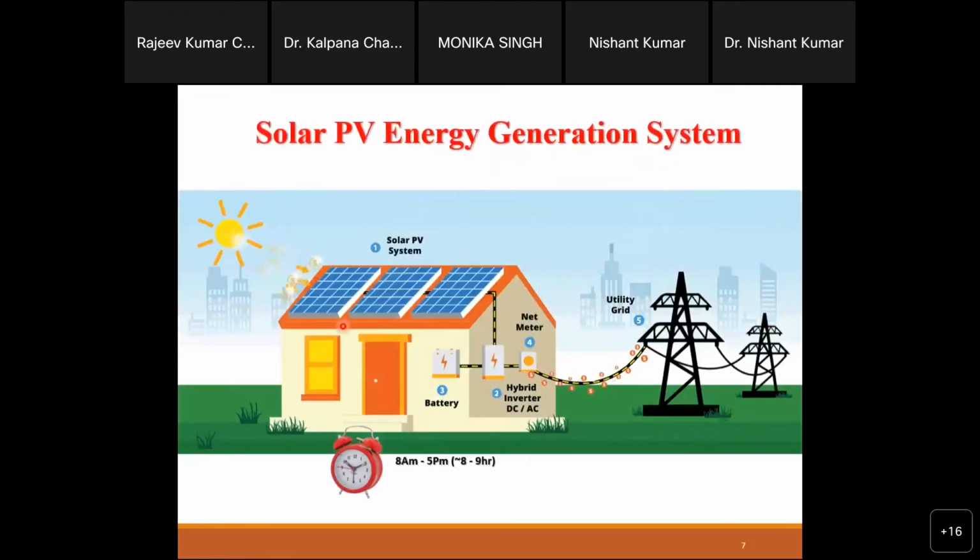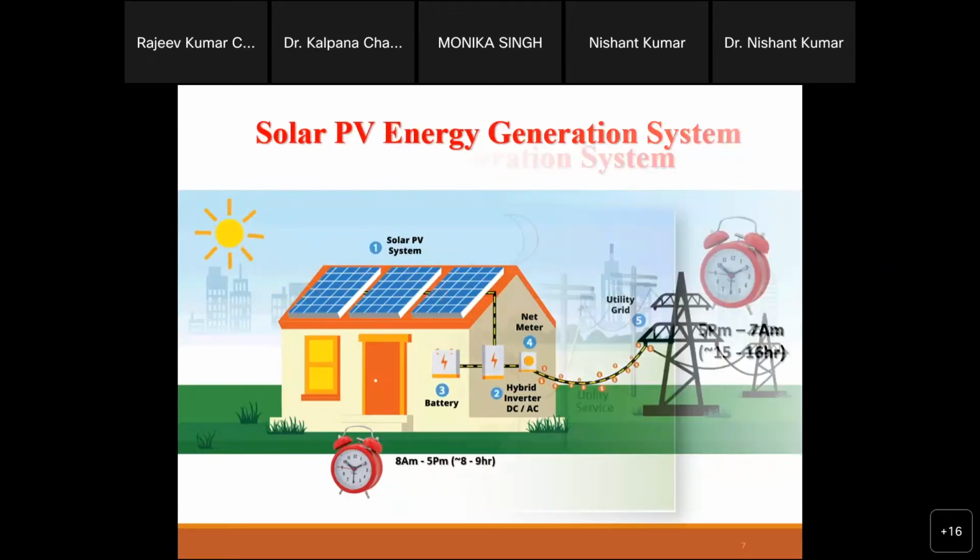But another question is here. When we are thinking of a solar panel integrated with the grid and all those local loads, how many hours will this system work? You will see that it works only for 8 to 9 hours. Mainly in Indian conditions, your system will start working from 8 a.m. until 5 p.m. on average. So the system is working only for 8 to 9 hours, and this is not a cheap one. This is a very costly system.